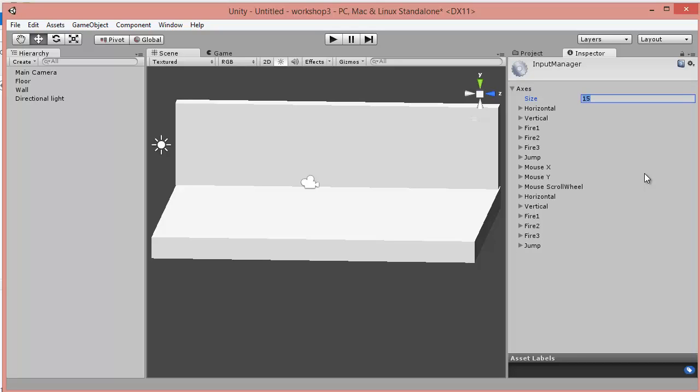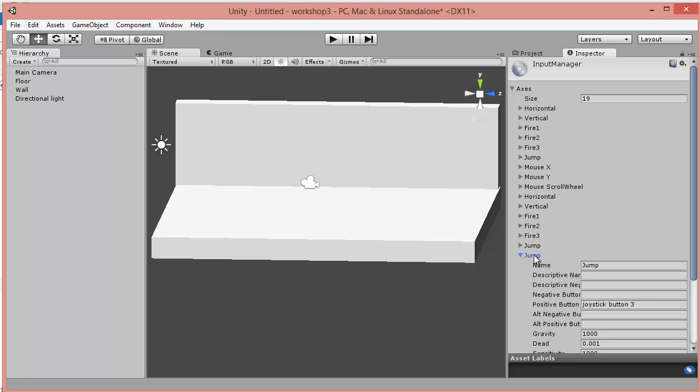We've got 1 jump, so we're going to make that now 19, enter, and it adds another 4 jumps. We're going to take the first jump, change that and call that forward,